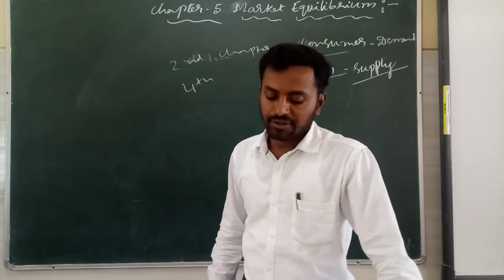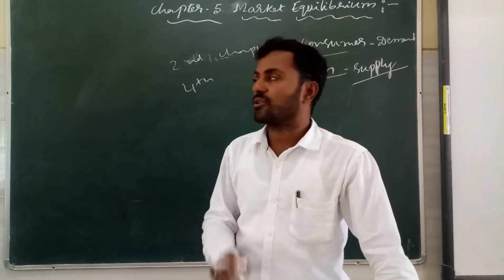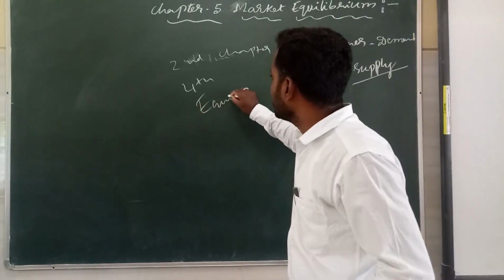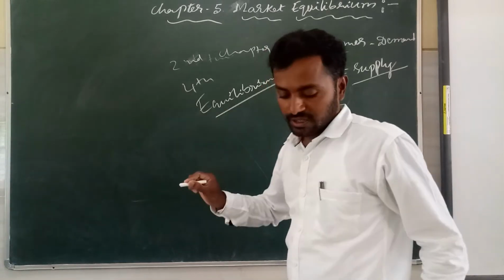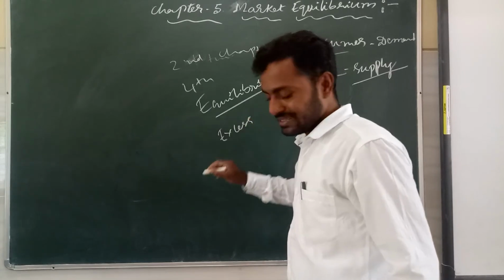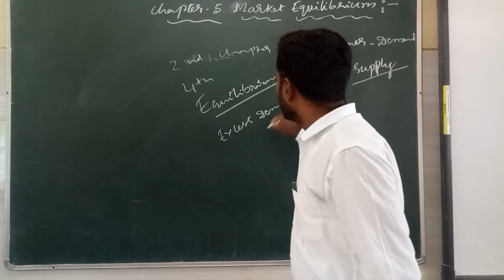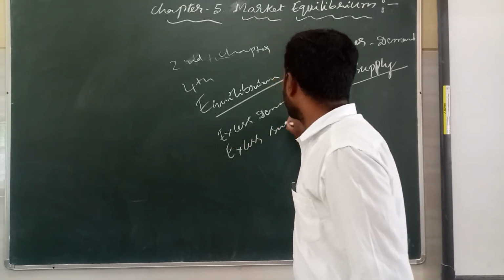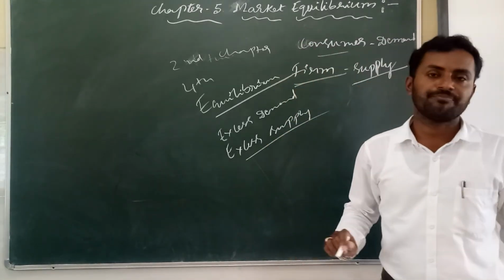ಹಾಗಾಗಿ ಇಲ್ಲಿ ನಾವೇನು ಮಾಡ್ತೀವಿ, ಇಲ್ಲಿ ಏನೇನು ಡಿಸ್ಕಸ್ ಮಾಡಬೇಕು, ಫಸ್ಟ್ ನಾವು ಈ ಚಾಪ್ಟರ್ಲಿ. ಈಗ ನೋಡೋಣ, ದಿಸ್ ಚಾಪ್ಟರ್ ಈಕ್ವಿಲಿಬ್ರಿಯಂ ಪಾಯಿಂಟ್. ಈಕ್ವಿಲಿಬ್ರಿಯಂ ಅಂದರೆ ವಾಟ್ ಯು ಮೀನ್ ಬೈ ಈಕ್ವಿಲಿಬ್ರಿಯಂ? Then what do you mean by excess demand? Excess demand ಅಂದ್ರೆ ಏನು? Then what do you mean by excess supply? Excess supply. We are going to discuss the concept in this class.